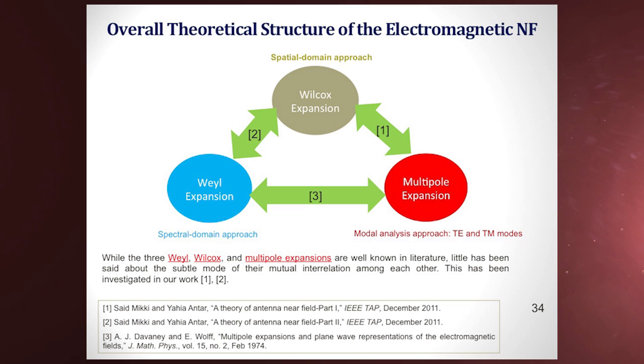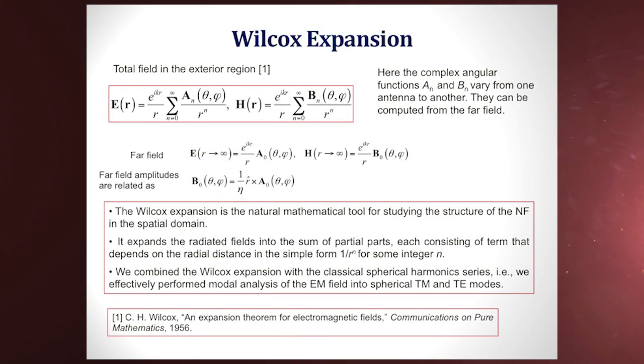So we actually take any antenna and expand the field around it in an infinite summation that you're going to see now. We use the Weyl expansion, which is an integral form, and the multipole expansion, which has been around for many years, and you can find it in any of the old books of electromagnetic theory, and combine the three of them. There is a bit of an organic relationship between the three of them.